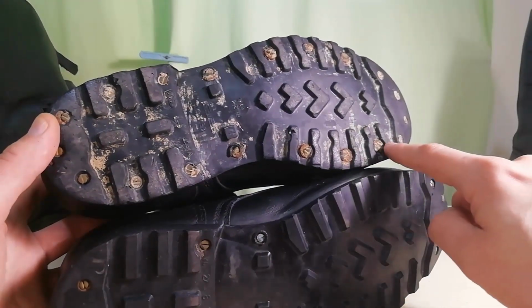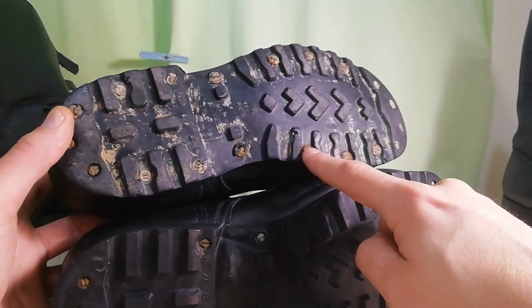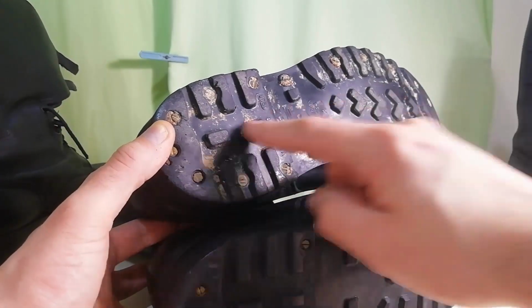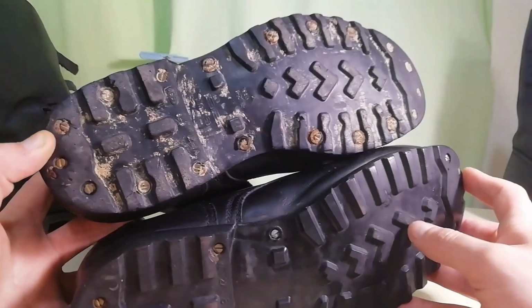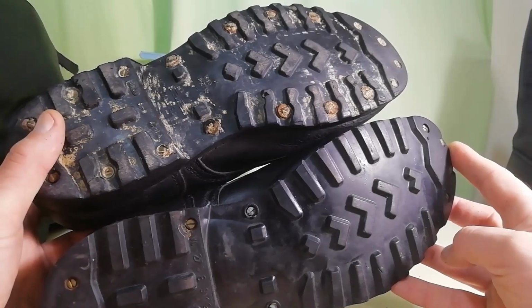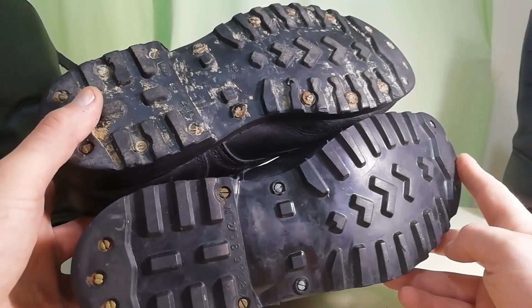Because see how many screws are here? We have 1, 2, 3, and then here we have 2 of these. So these do have more screws than this. Well, there you go, the weird thing. I don't know how they are allowed to do that, but probably as always there is some